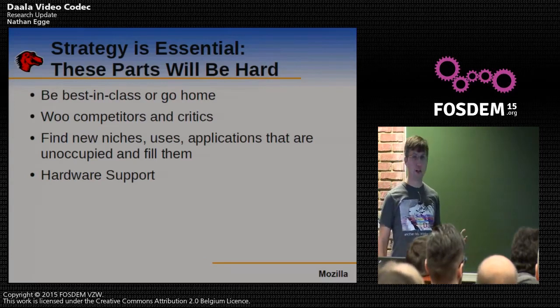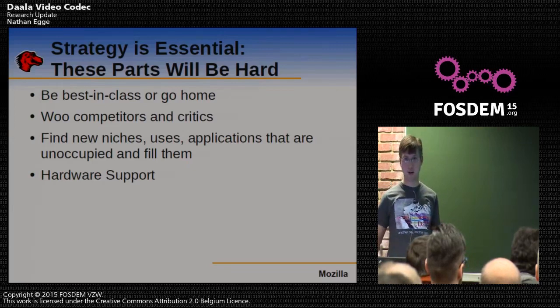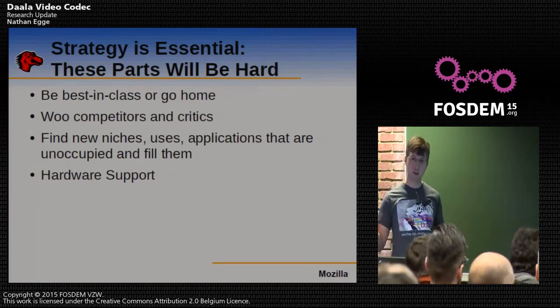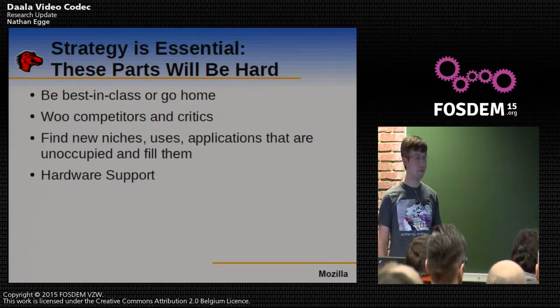And one of the strategies that we used with Opus that was great was we found a niche that was not covered by existing audio codecs, and we developed a strong use case around it. For low latency, high quality audio, there was nothing in that space, and Opus filled that niche. Until we showed that we were very successful there, we couldn't get other people interested in Opus. But once we showed some success, everybody realized this was something they could deploy.